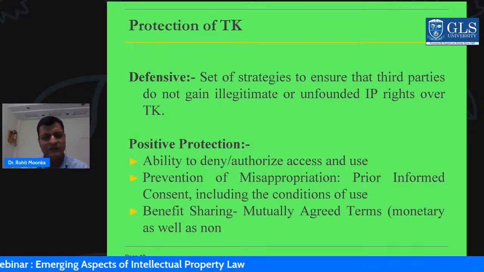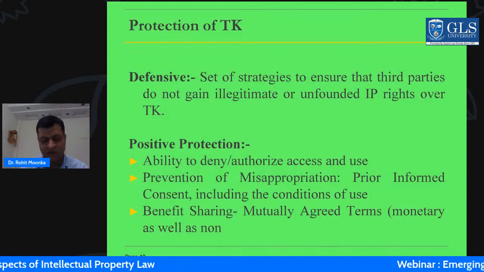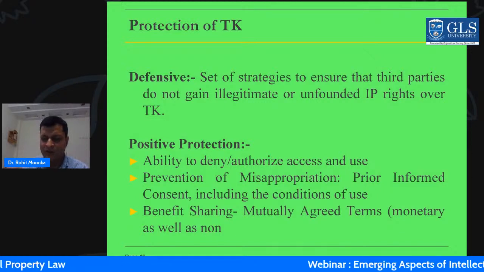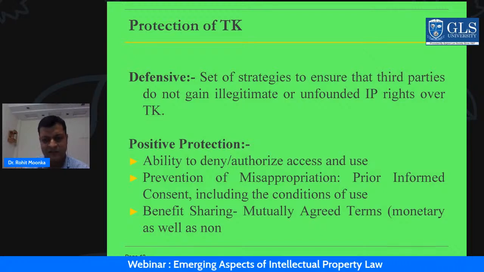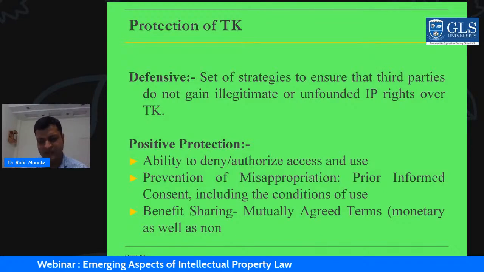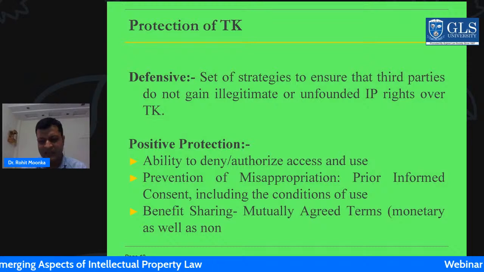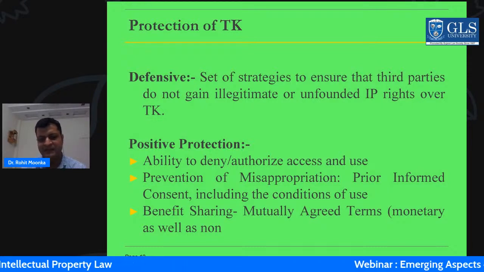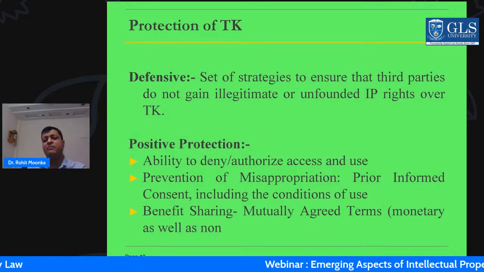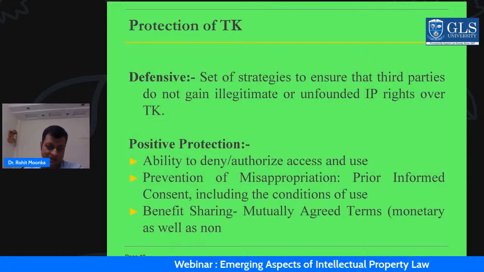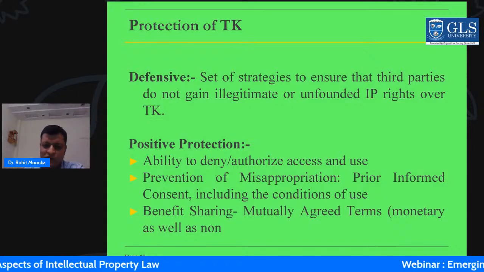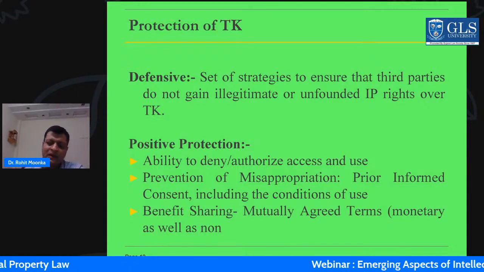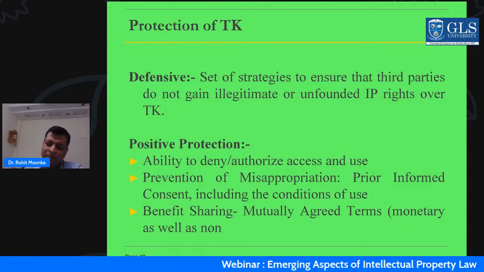But through defensive protection, there is no positive gain to the community. The possessors of traditional knowledge are not going to gain anything out of it, no monetary benefit, etc. And therefore you need to have positive protection, which gives the ability to deny or authorize access and use. Once you have positive protection, for example, if a patent is granted, or if a copyright is given to an author,